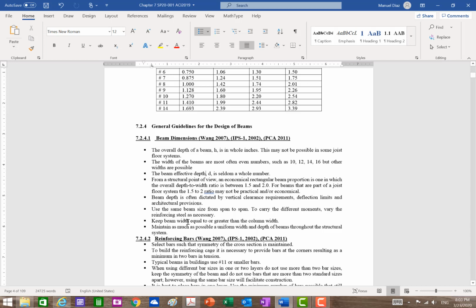Your beam width should be equal or greater than the column width. Equal or greater than the column width. Again, that provision has to do with constructability. If you make your beam width narrower than the column width,